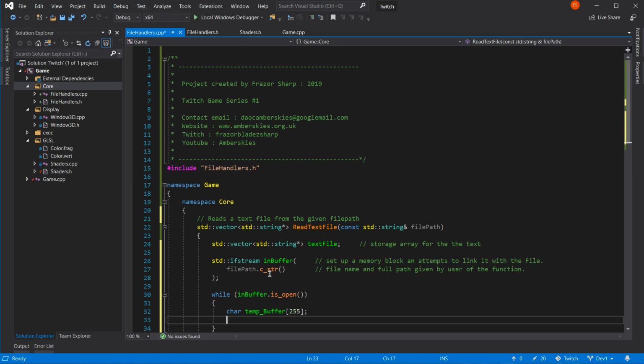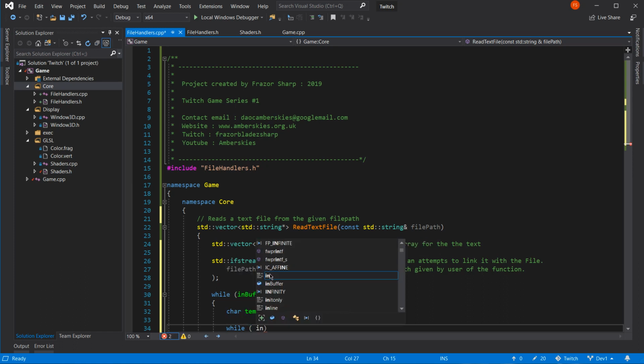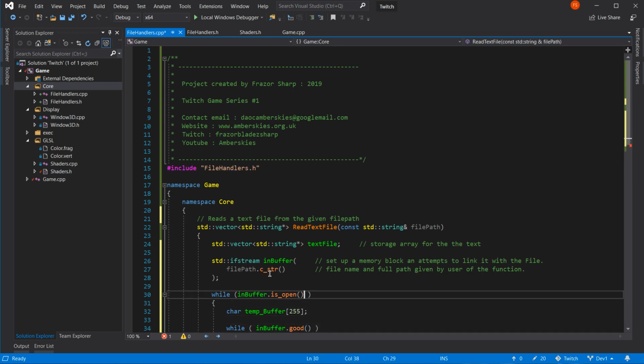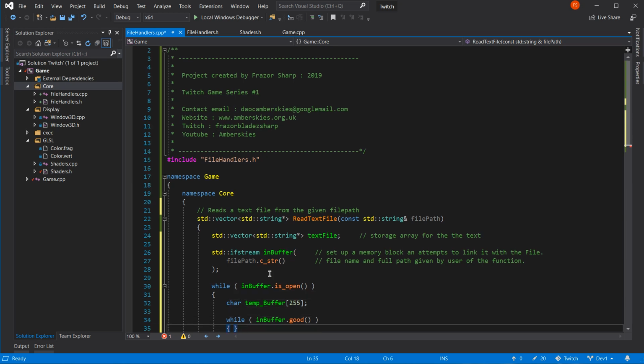And we're going to while, yeah, another while loop, the in buffer again, but this time is good. Do we have is good? No, it's not that, just good. Yes, we have that. Good. There we go. Magic.